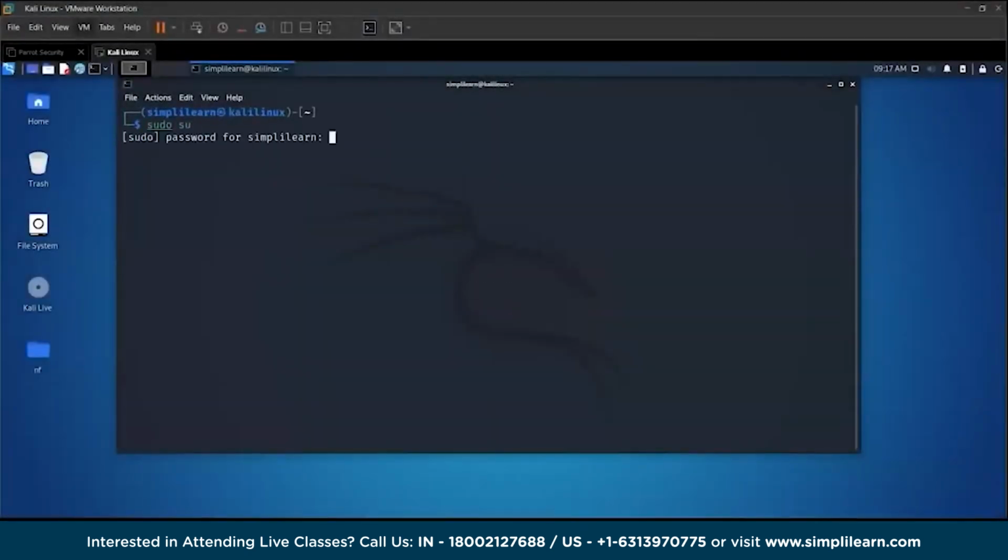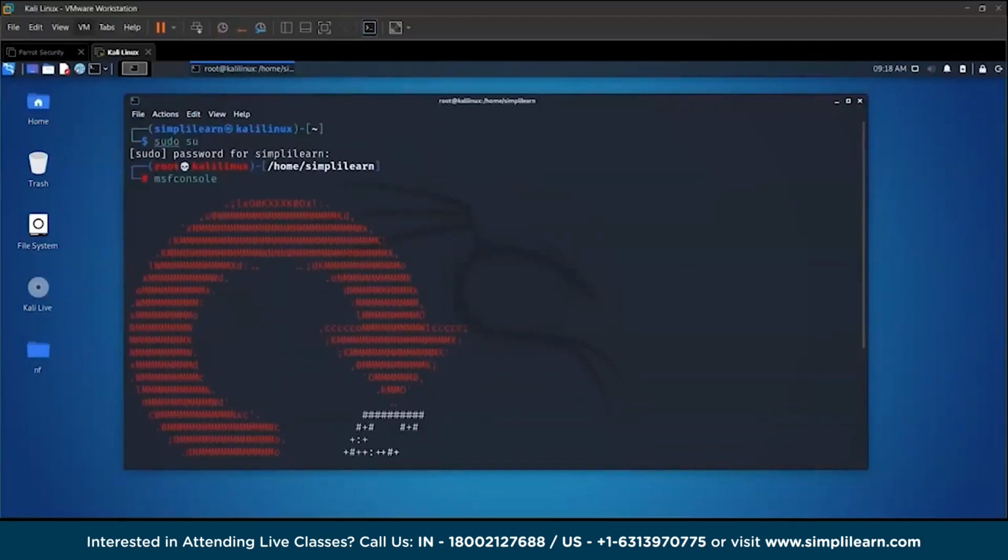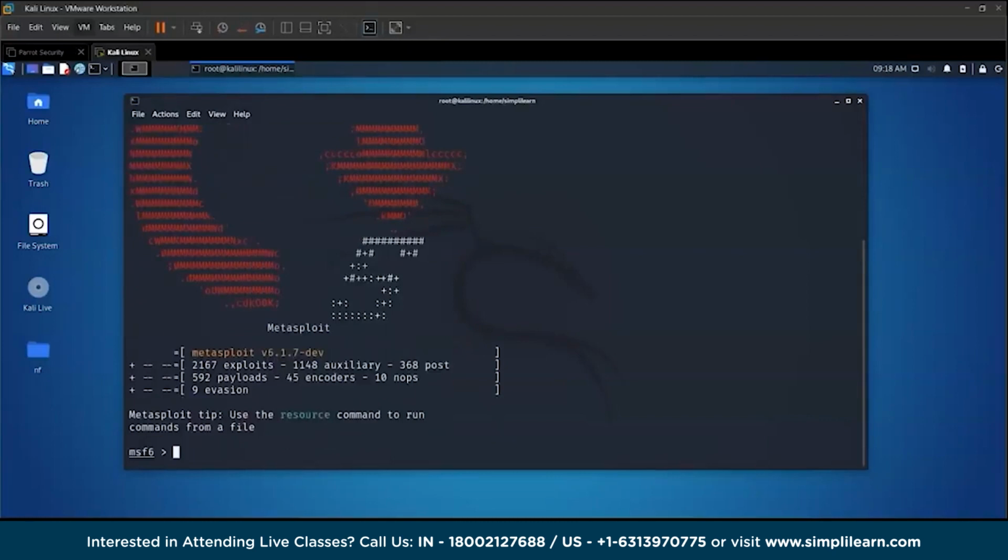We're going to allow root access. And to open up Metasploit, the keyword is msfconsole. It's going to take a little bit of time to start it up. Now the Metasploit console has been loaded. From here, we can decide what type of attack we want to launch and what kind of exploits we can